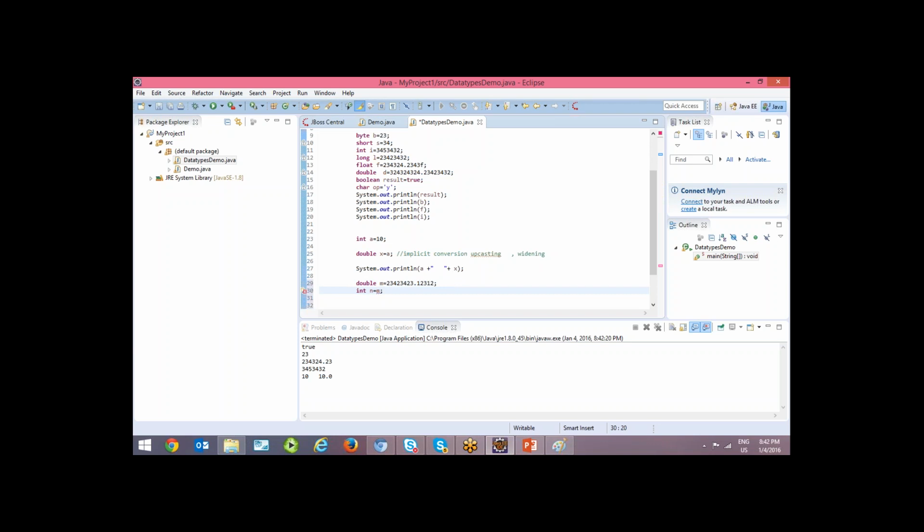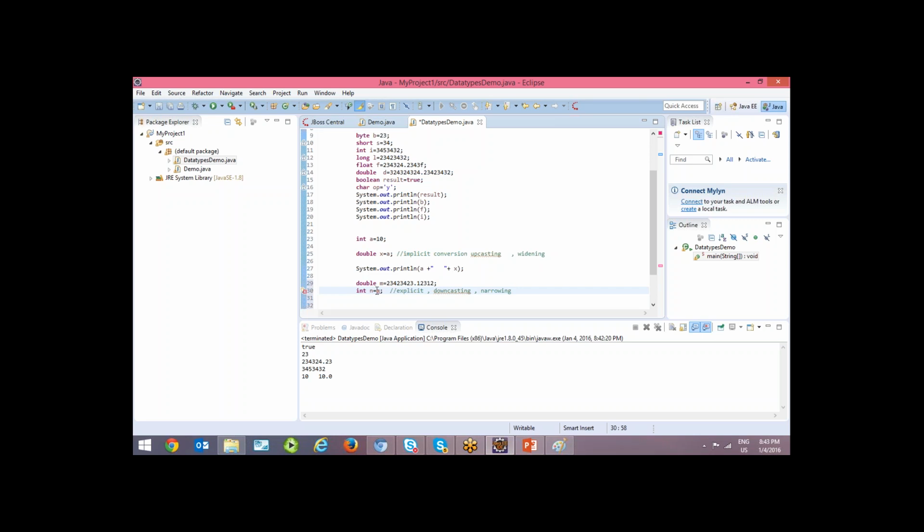When I try to convert higher to lower, it is not possible directly, which is called explicit typecasting, also called downcasting or narrowing. This is what we require in most cases, since sometimes higher range values need to be converted into lower, or lower to higher.